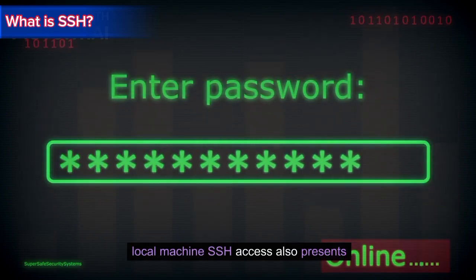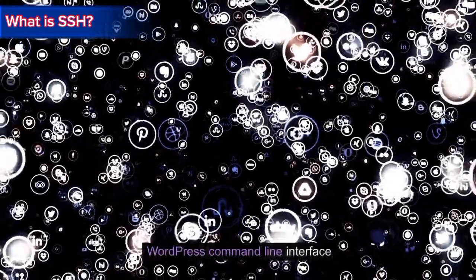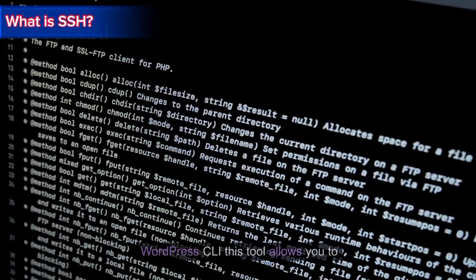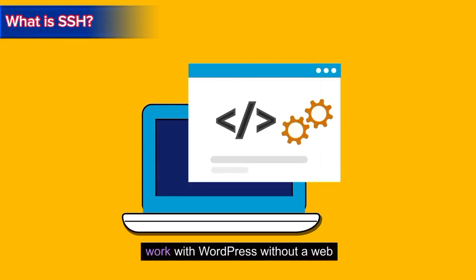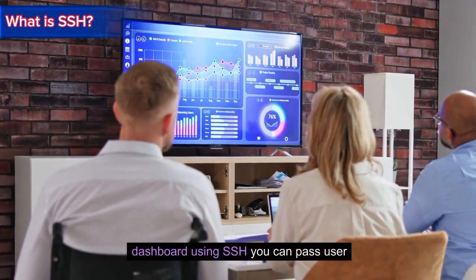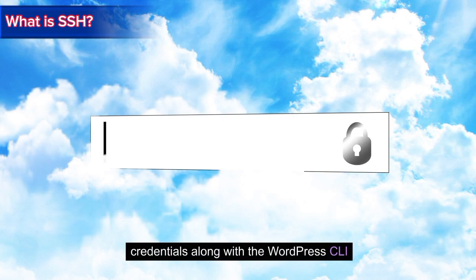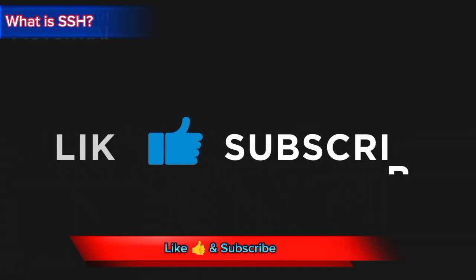SSH access also presents the perfect opportunity to install WordPress command line interface, WordPress CLI. This tool allows you to work with WordPress without a web browser or the familiar WordPress dashboard. Using SSH, you can pass user credentials along with the WordPress CLI command on the remote server, memberships and much more. So basically,